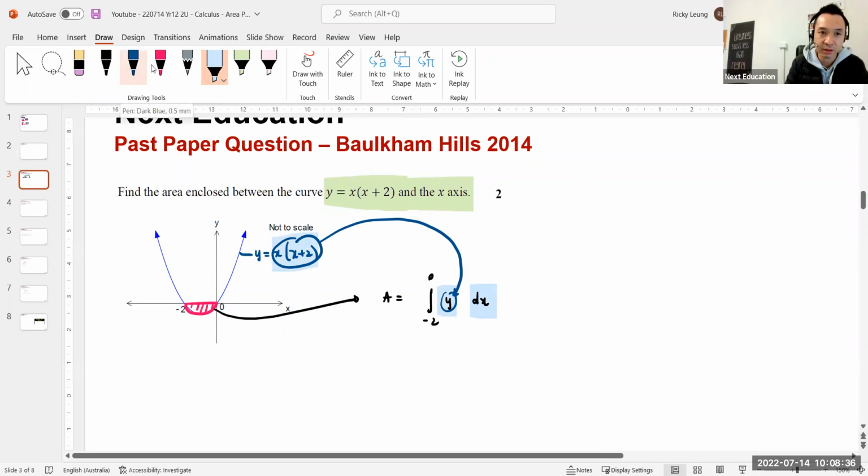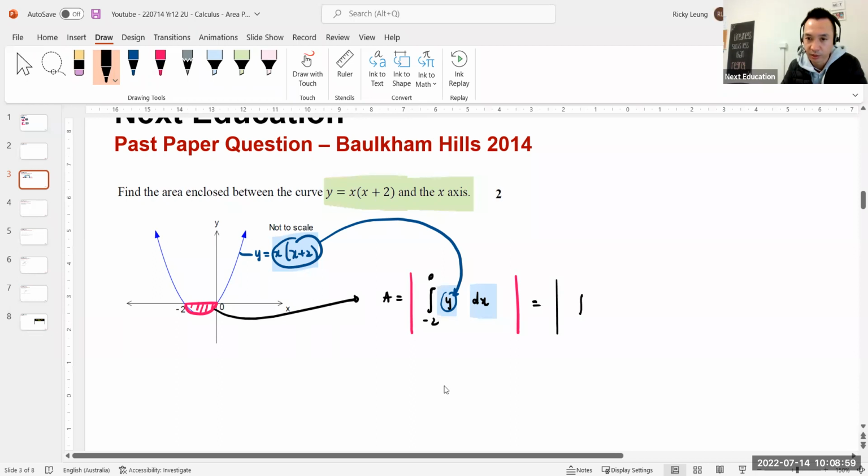Now, what I was saying was the fact that this is below the curve. If I found this integral using the limits that I expressed as 0 and -2, it will be negative. So to anticipate that, I'm going to absolute value it to find the area, because area as a concept is always positive. So putting this all together,